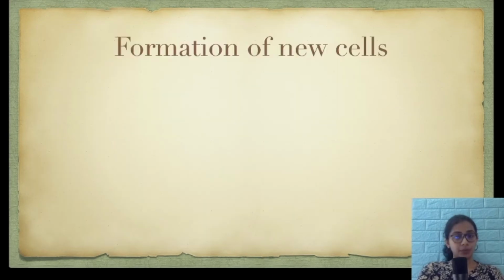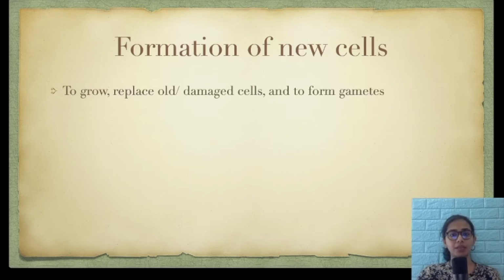Now, that was about the cell organelles and the cell in general, right? The structure and function. Now, in order for an organism to survive, new cells need to be created every day, because there is always damage that happens every day, normal wear and tear. And those cells need to be replaced. Also, organisms need to grow and reproduce. So for that also, new cells need to be generated, right?